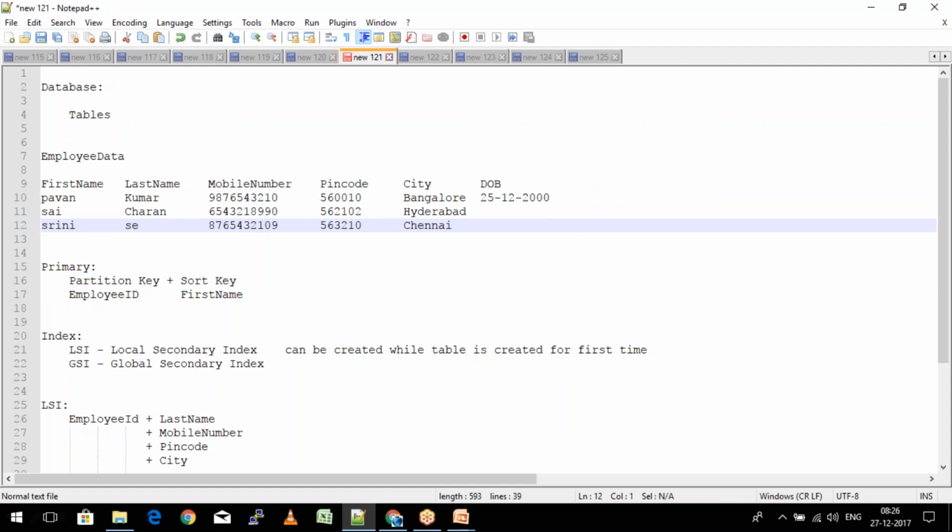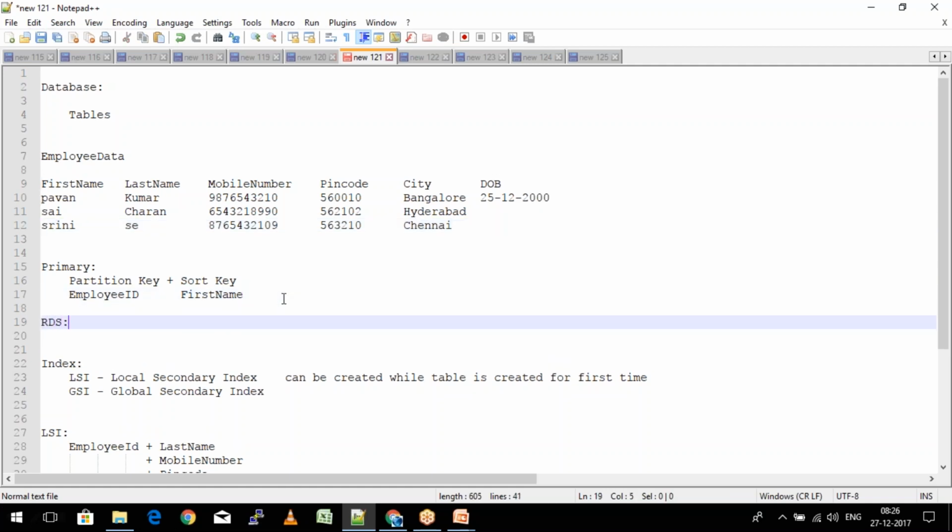Now if I have to find a unique way of identifying the data in this employee data table, I'll make a combination of first name and last name so that it becomes unique, or maybe first name and mobile number, which gives me a unique result. So I can sometimes have a combination of two different columns as a primary key. We call it a composite.